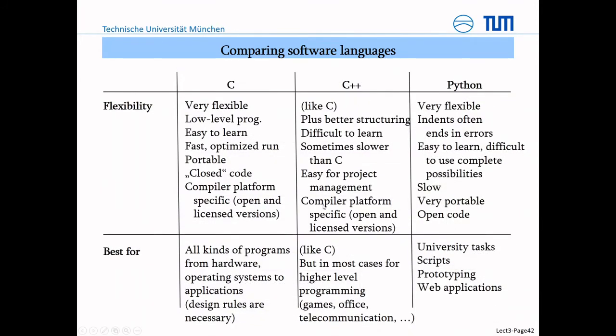So it was just a short explanation of representation possibilities. Let's finalize our comparison of software languages. You can also have a look into the flexibility of the different programming languages, because you cannot say I just want to learn C or I just want to learn Python. All languages have advantages and disadvantages for specific things. In this case, C is very flexible, is a low-level programming language. You can do the hardware programming